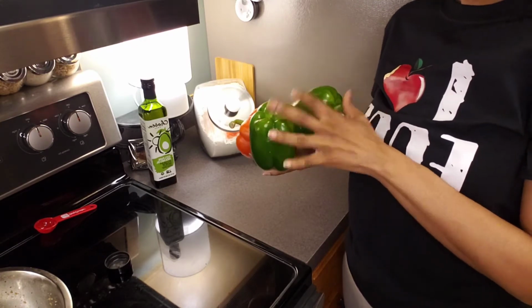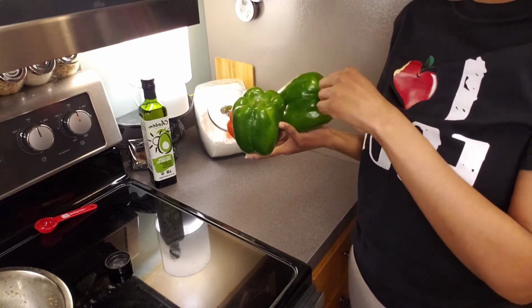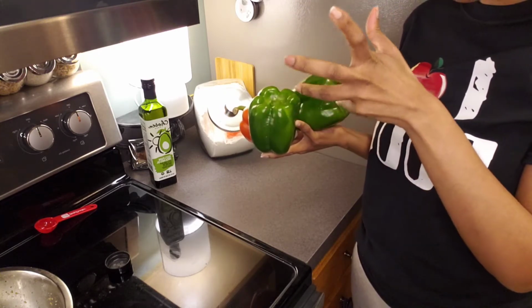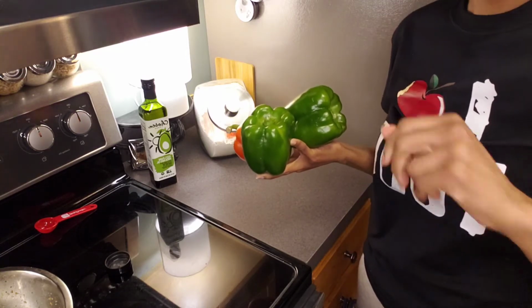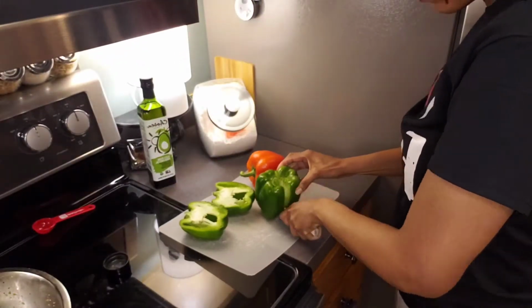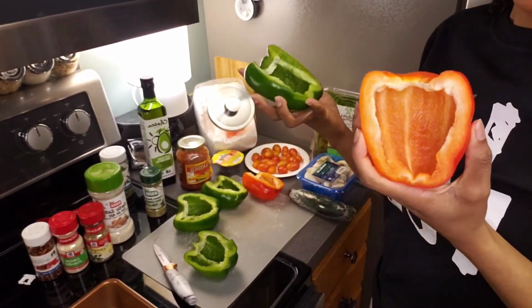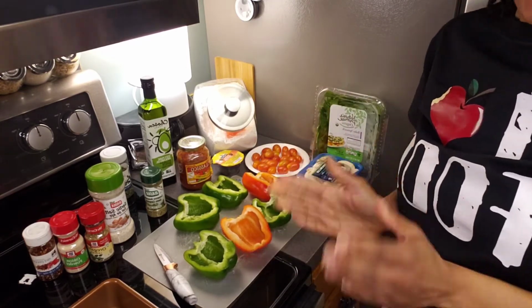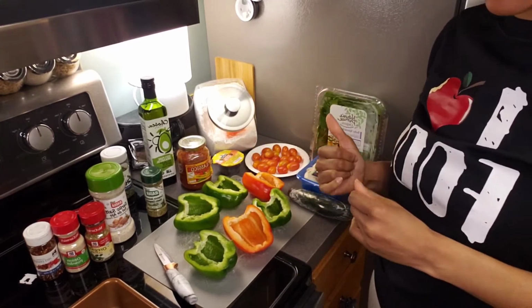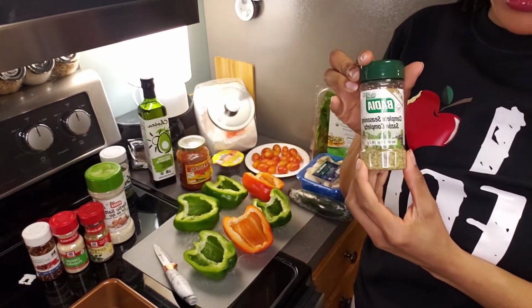What I'm going to do with the peppers, I'm going to cut them in half, get out the seeds, get out the middle parts of them, rinse them off, and we will go from there. Look at that. Perfect, perfect. So guys, for these peppers, for the seasoning, for the spices, I will be using a complete seasoning